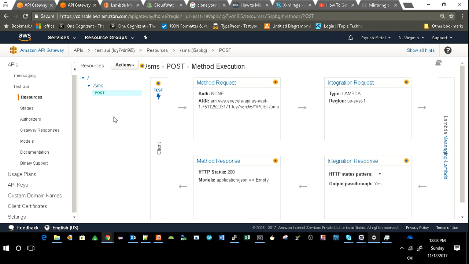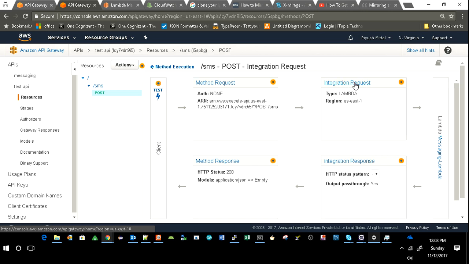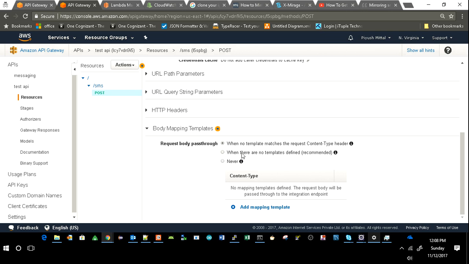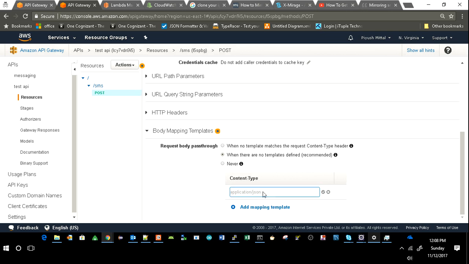So your API has been created and now you'll have to tell your API how it will consume your data. In order to configure that, you need to click on Integration Request. So now you are integrating your request with your API gateway. Click on that, go to Body Mapping Templates. Here click on When there are no templates defined. Click on Add mapping template. Give content type as